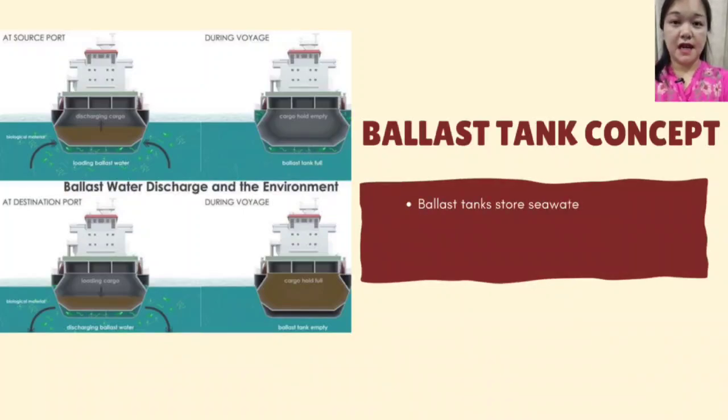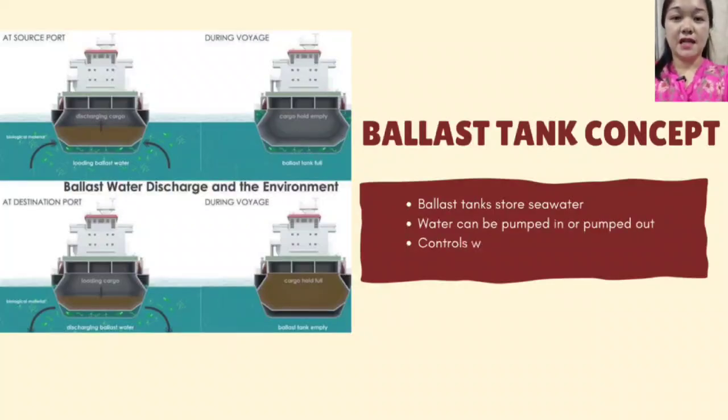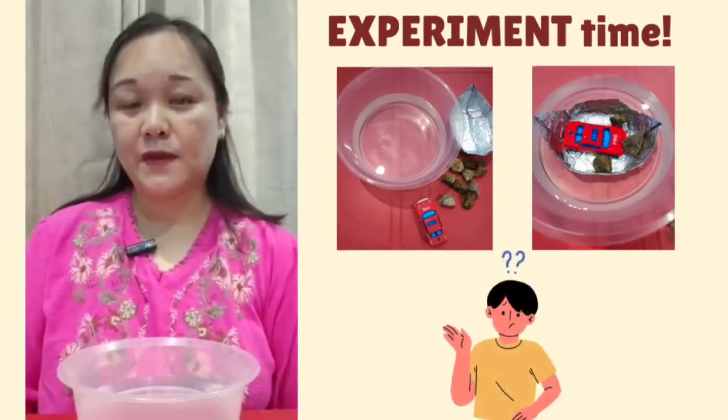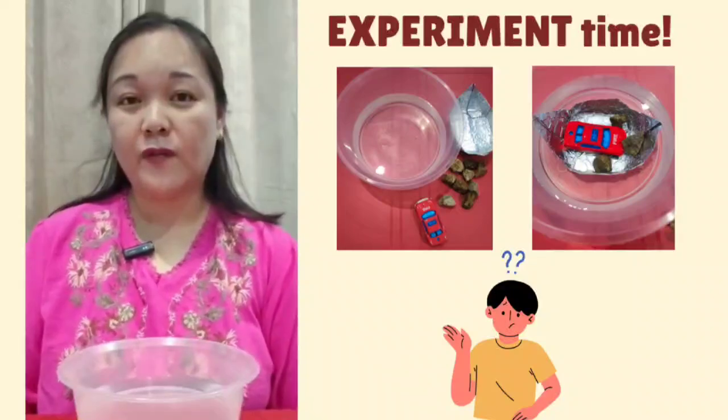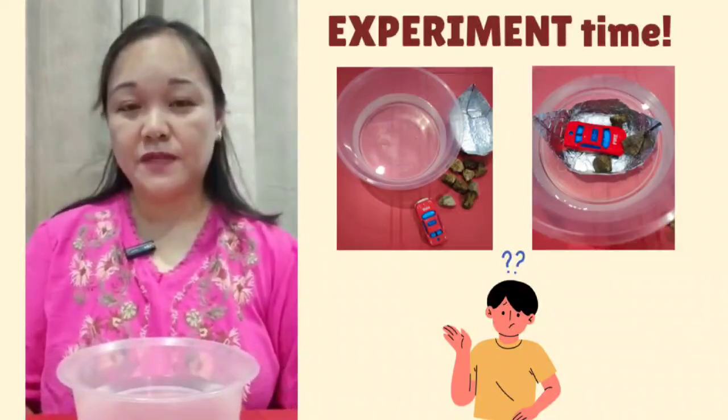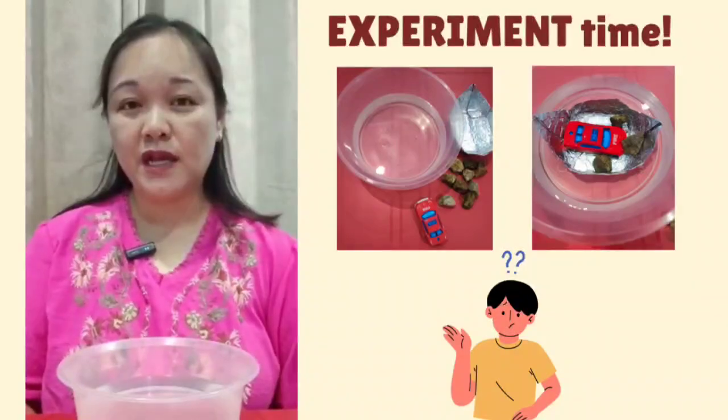Balance tanks are compartments in ships that can be filled with seawater or emptied. This allows ships to adjust their weight and maintain stability whether they are carrying cargo or not. Today, I will explain the concept of buoyancy and how it helps ships to stay stable in water